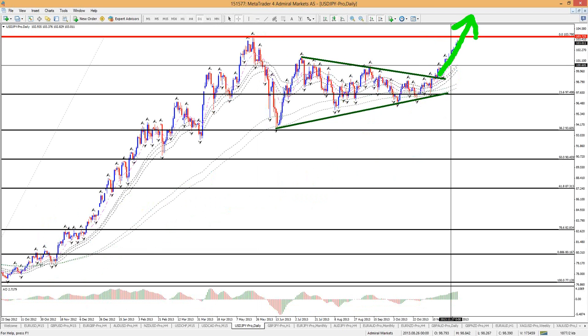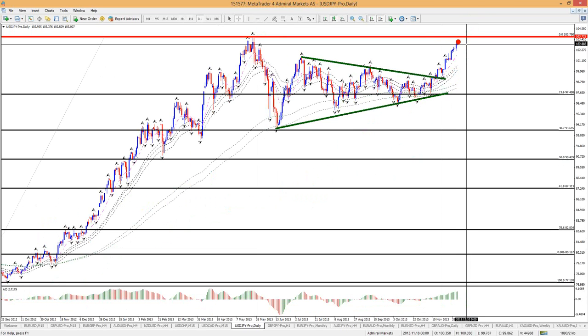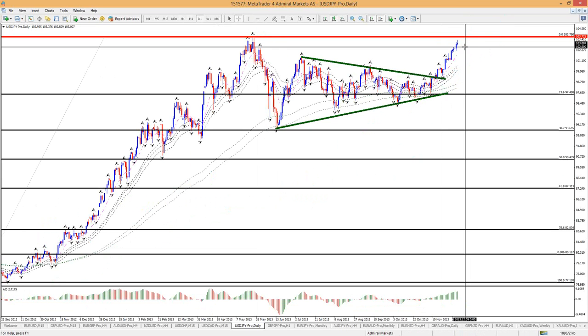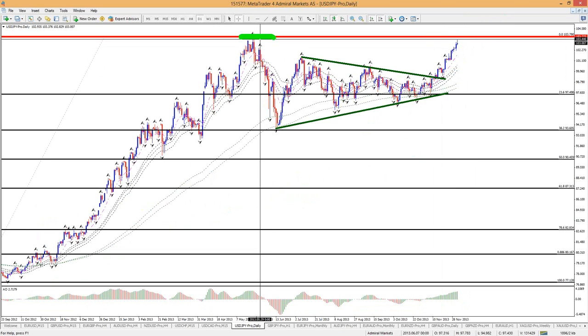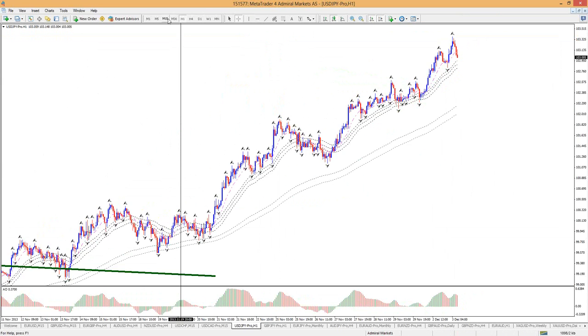It does happen once in a while, but I wouldn't plan on it, let me say it this way. And the likelihood of price respecting that level and making a small or maybe even a somewhat bigger correction before being able to break is more likely. So that's why it's a major resistance. So I think that's it.